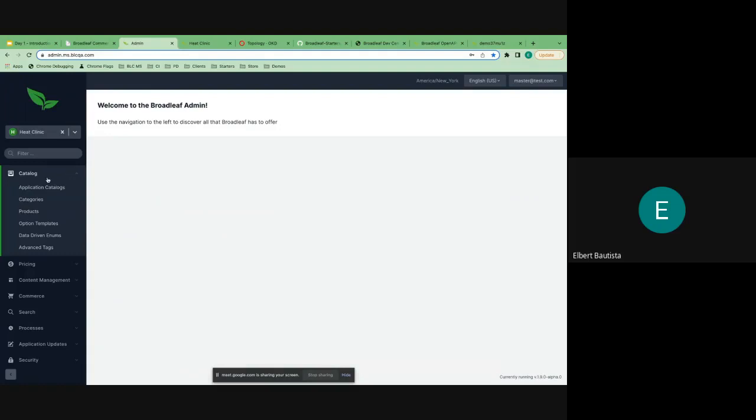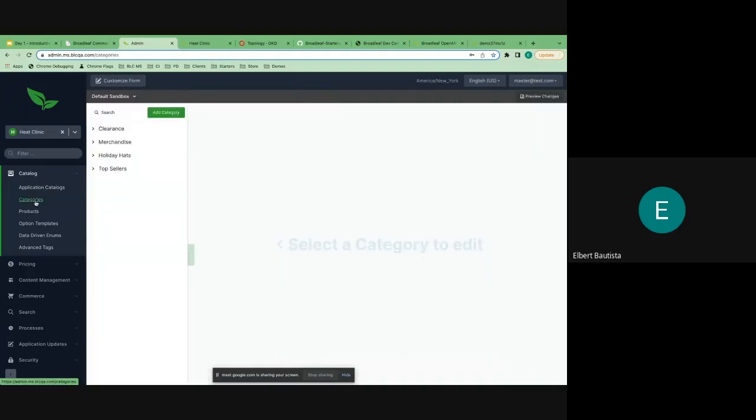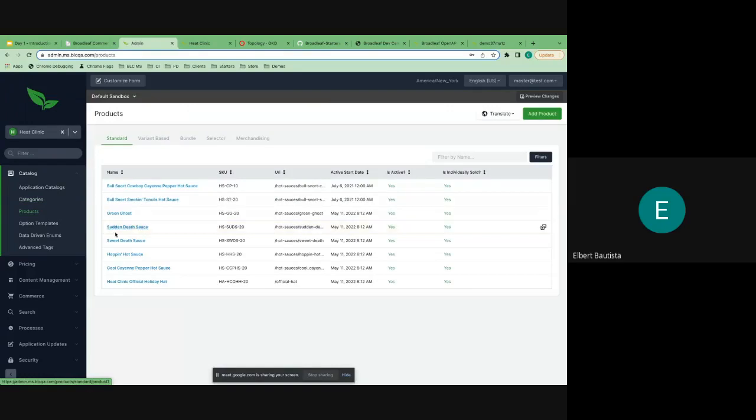So catalog primarily has sections that allow you to administer things that are very relevant to a merchandiser. So for example, I want to manage the category taxonomy or products that are associated with a catalog. And within this, there are a lot of key components that you're going to want to look at